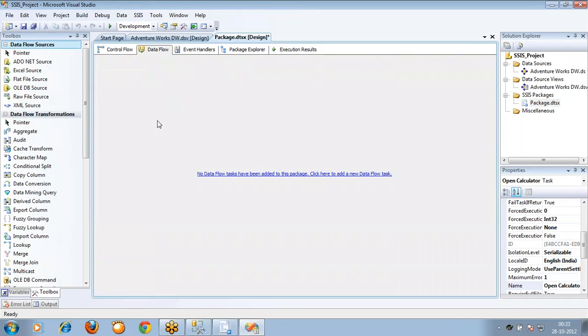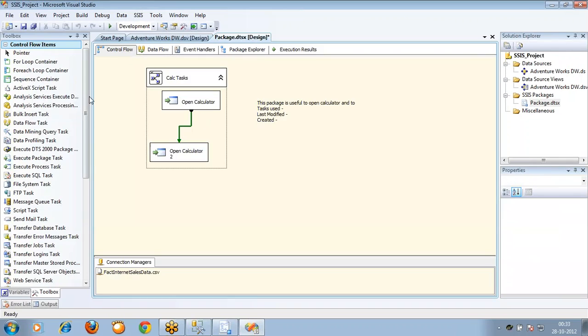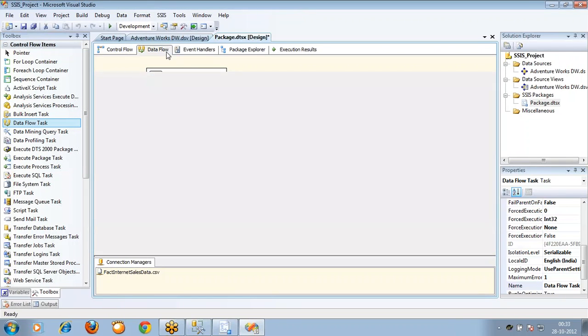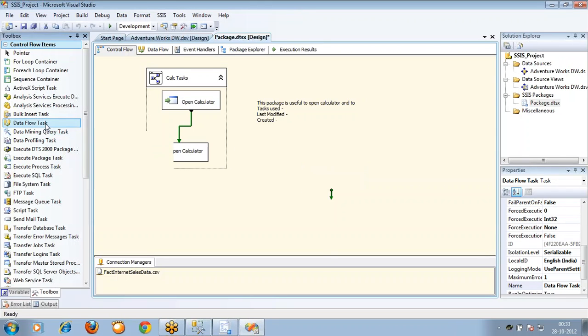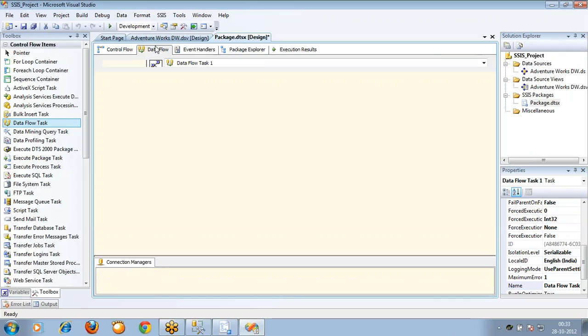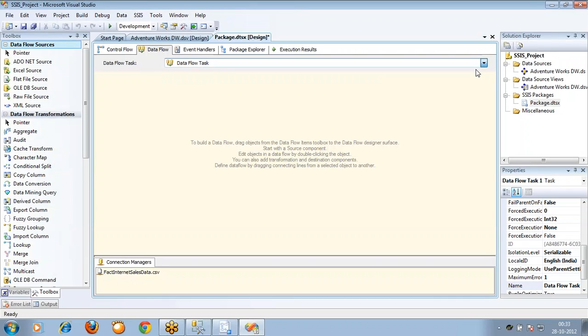And this is the data flow page. Whenever you add a data flow task here in the control flow, you can see this enabled. And if you have more than one data flow task, you can select here the data flow task to which you want to add functionality. Okay, if I drag and drop this,